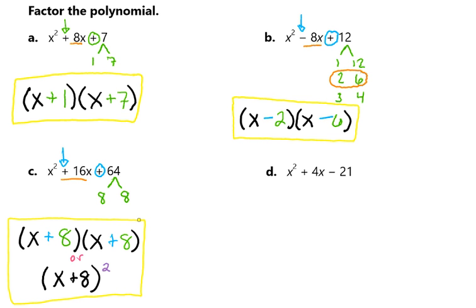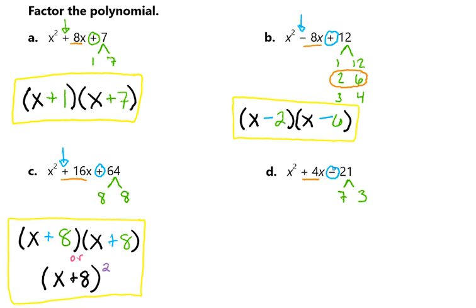For letter D, we have x squared plus 4x minus 21. So now we want to know what two numbers will multiply to 21 and add to 4. So here, I'm going to try my 7 and a 3. Now, when I look at my symbols,